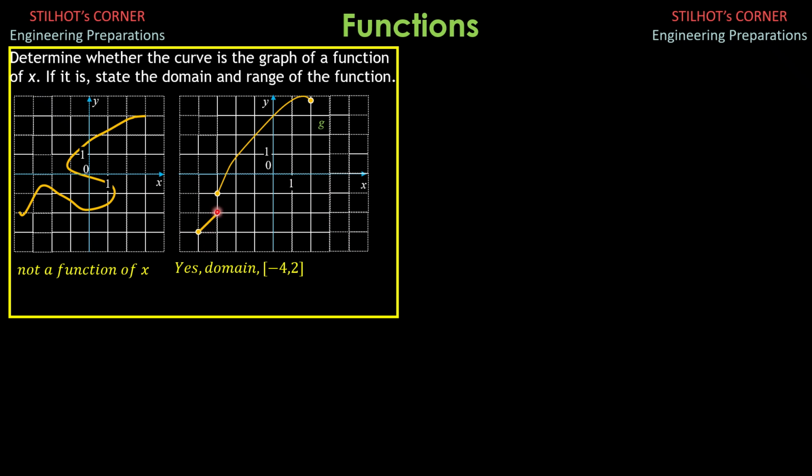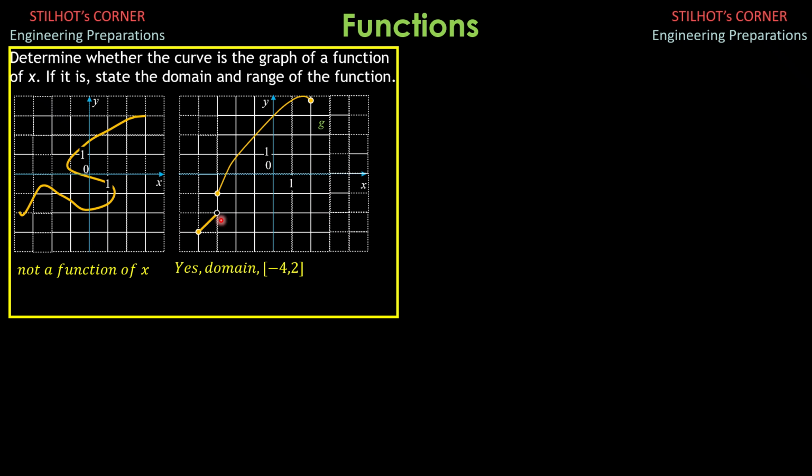This is an open dot. -1, -3 to -2. So closed interval -3 to open parenthesis -2, closed bracket -3 to -2, then open